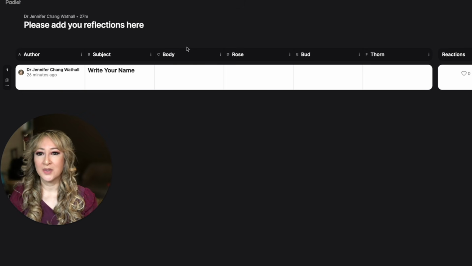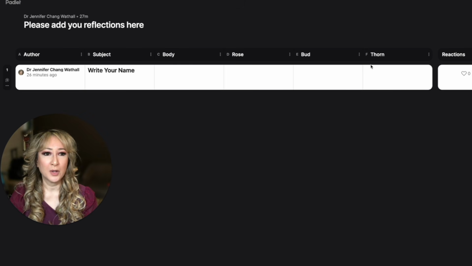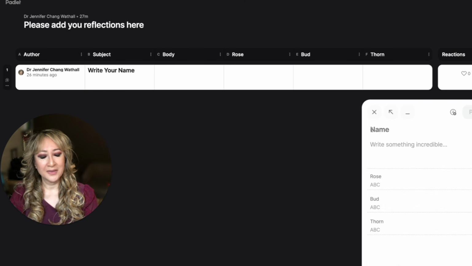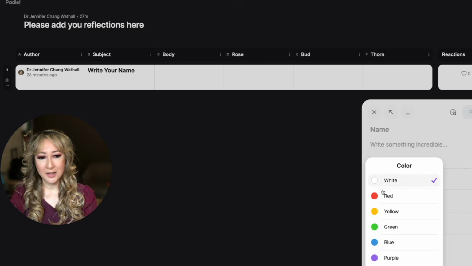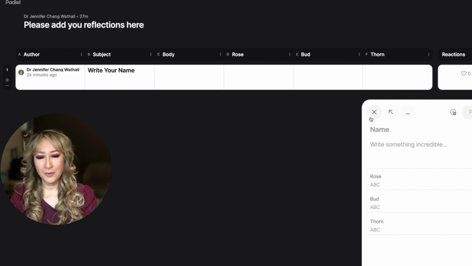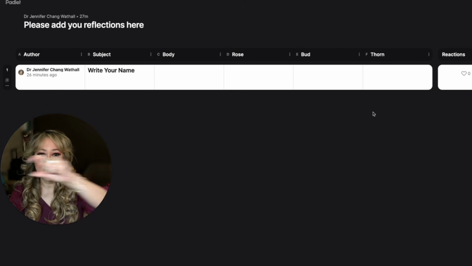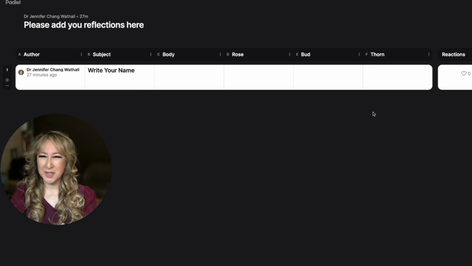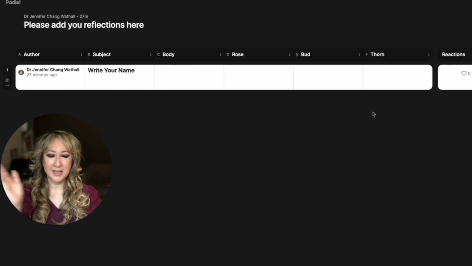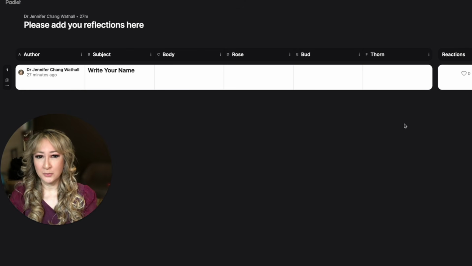So I added these fields, rose, bud, thorn, and this means when someone actually comes onto my Padlet wall, they press the plus sign here, and then they write their name, write something incredible, and then they fill in rose, bud, and thorn. And they can actually color it as well, any color, and they input their reflection by using the plus sign, and then I can see everyone row by row, which is actually easier for me for the class. Like if I've got a class of 15, I want to see each person's response to the rose, bud and